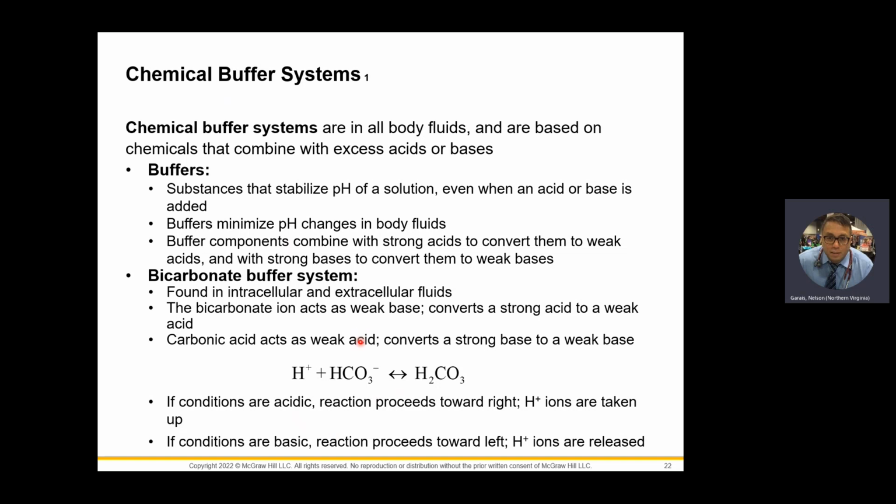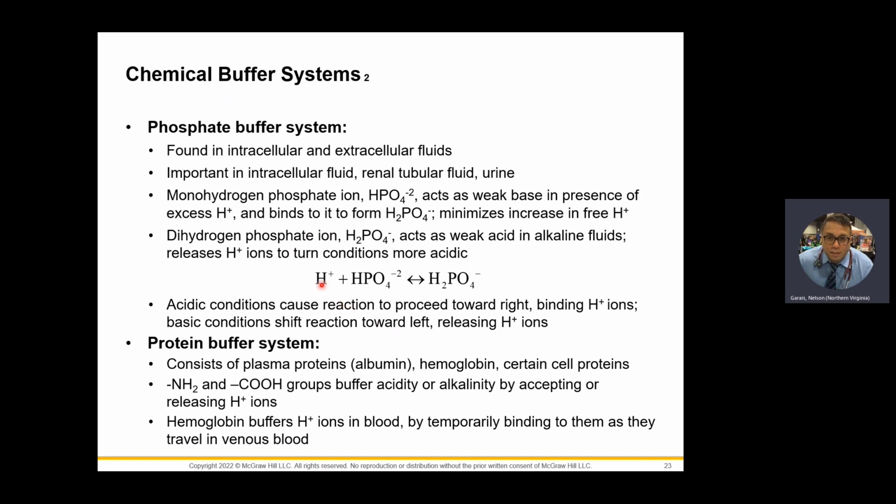Bicarbonate buffer system, we already talked about that. It's a weak base. So if my patient is acidotic, the bicarbonate gets released and brings you back to the middle. The phosphate buffer system is the exact opposite. Dihydrogen phosphate is considered a weak acid. So if my patient is alkalotic, the phosphate buffer system kicks in and then slowly brings you back to a pH of 7.4. Protein buffer systems,